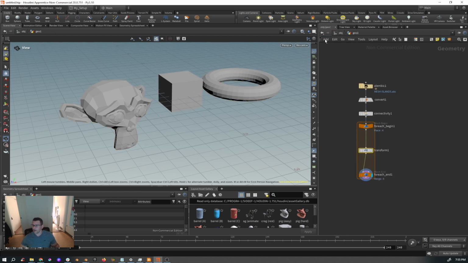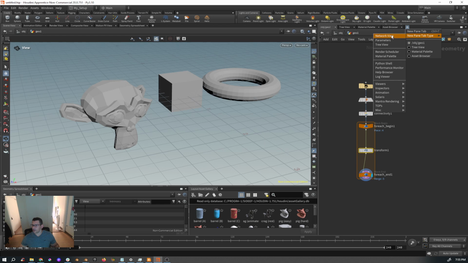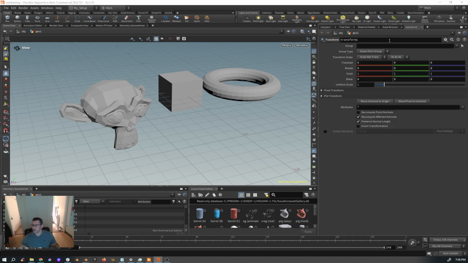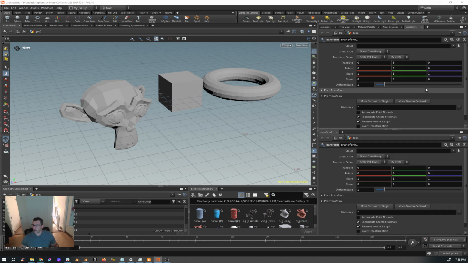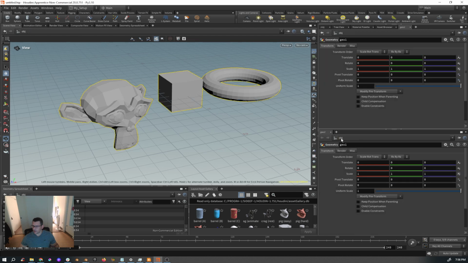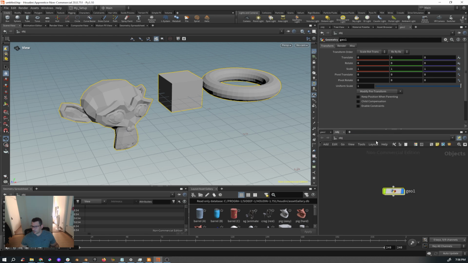Okay, let's add a new tab. And times and parameters. Here we go. Split panel top bottom, and here we are coming to geo network view. Okay,